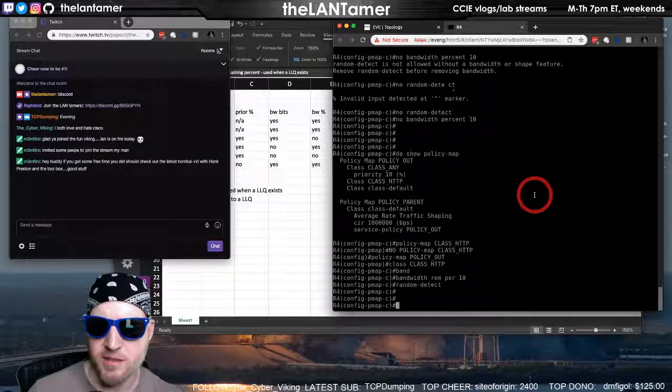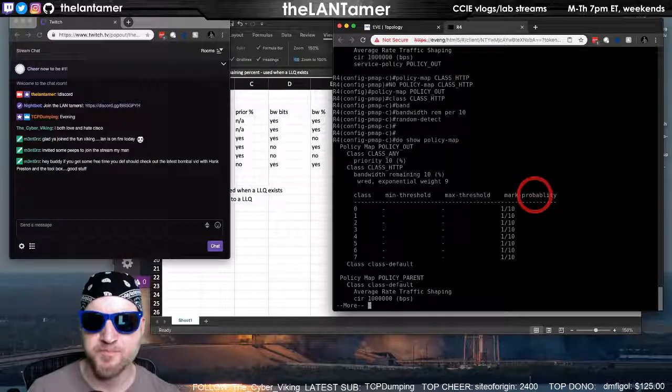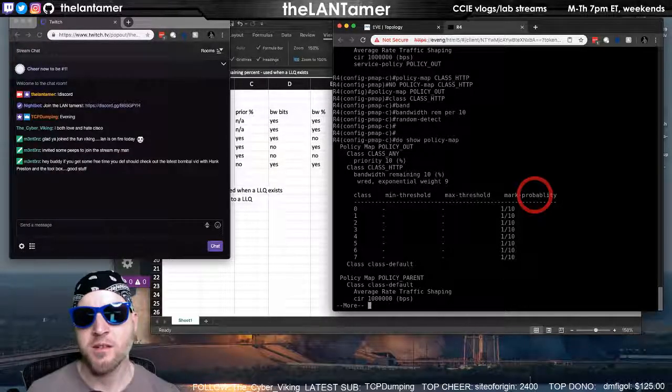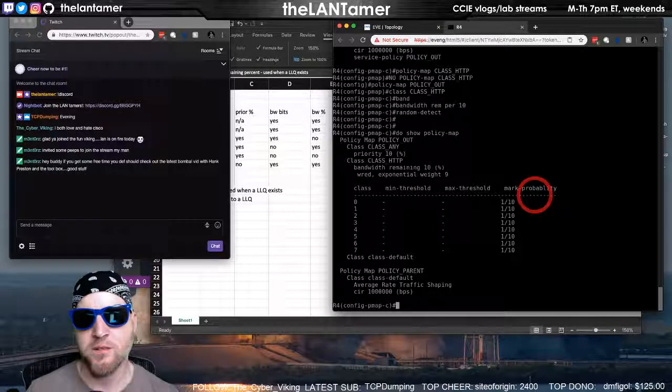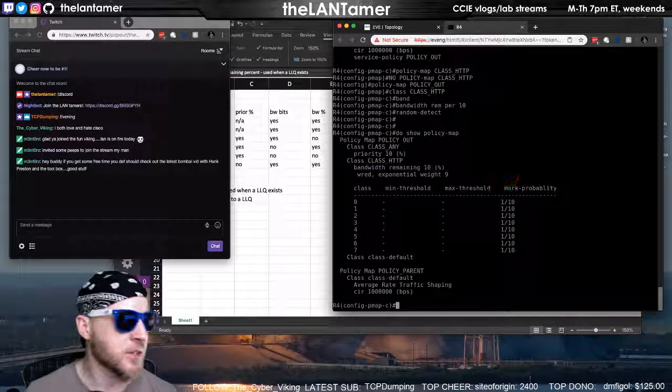Okay, we'll see. But if we do show policy map, first of all, you see here, we have WRED running, and we're using remaining percent and LLQ.